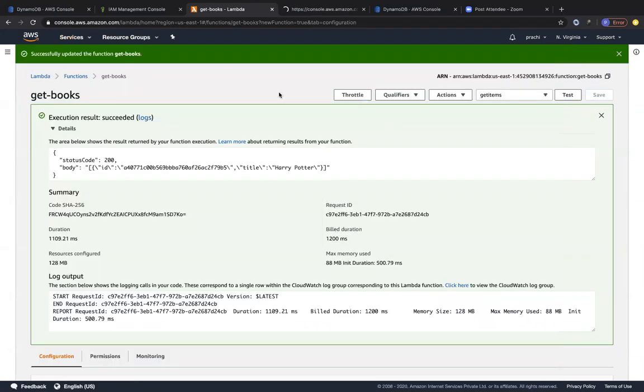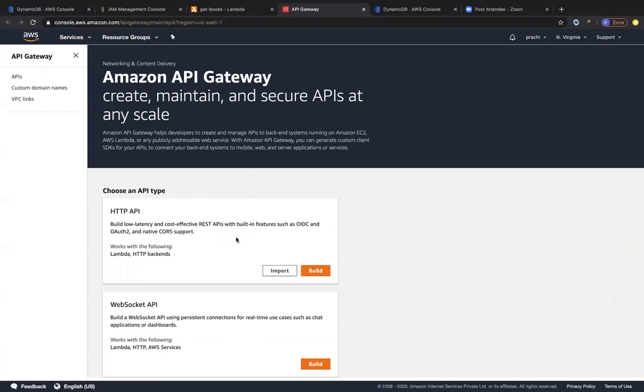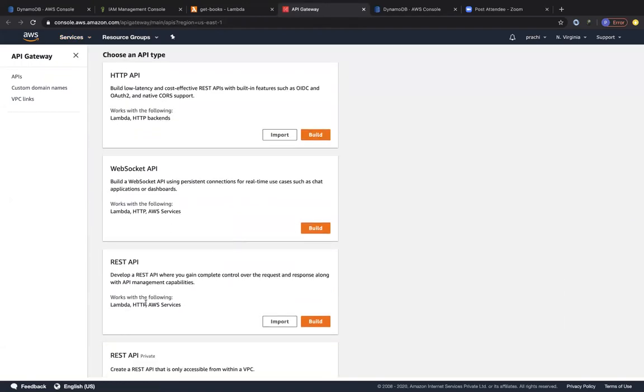And we'll be studying about this in more detail, but right now from the lab point of view, let's just understand how this works, right? So we are going to go ahead and create a REST API because we are going to work with REST based capability, which is called representational state transfer. It's a standard for the web that we are going to use. Let's go ahead and click on build for REST API.